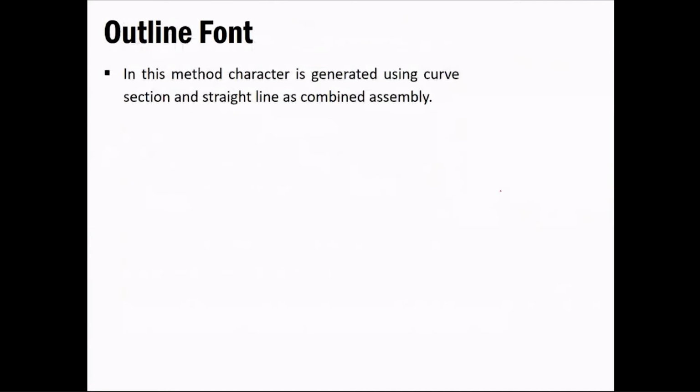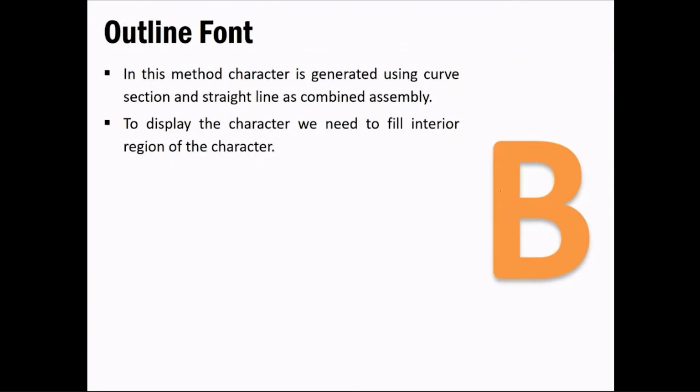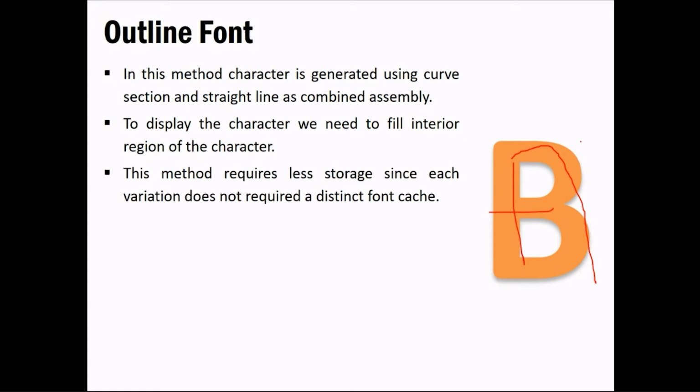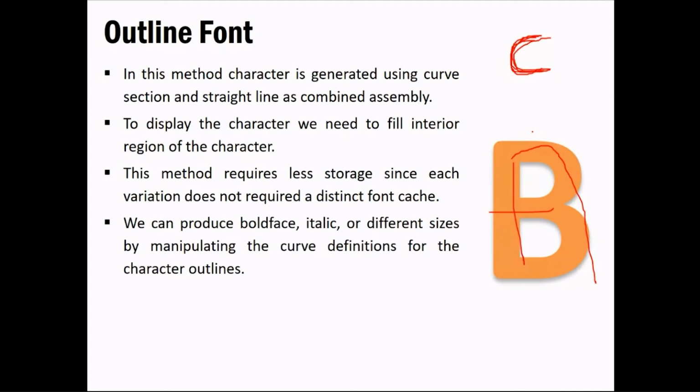But now, we just need to store one piece of information and we can modify our algorithm to go in that particular area. Suppose this is the case for A. For B, now it will go something like this, and the remaining parts would be removed from that cache. So you just have to deal with one alphabet, and the remaining things could be developed by the algorithm itself. Suppose it is for C, you just have to paint that particular region in this direction only. So you need to modify the algorithm instead of storing it in different distinct font caches, as we have seen in the previous one. That's why it requires less storage, because you don't need that.